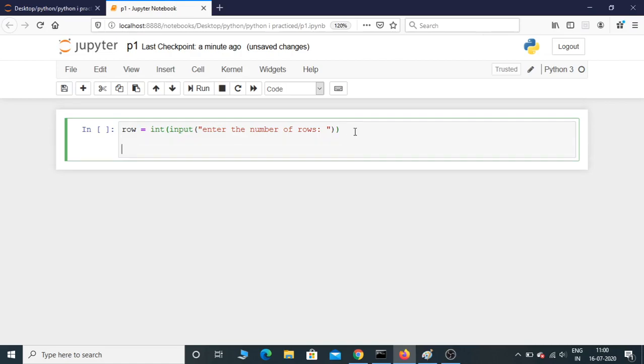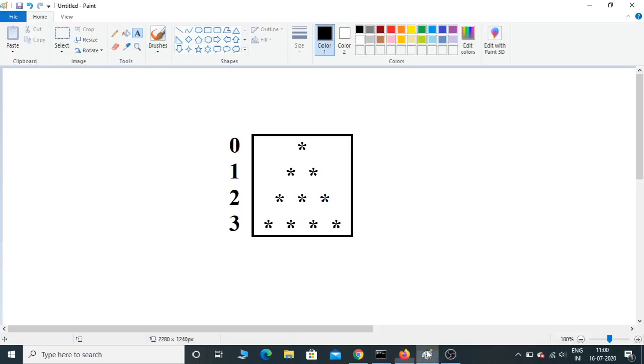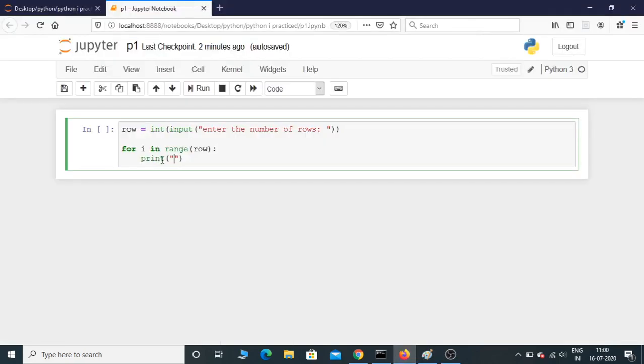Now let's put a for loop, for i in range row. Okay, then print. So before printing star, here you can see there is some amount of white space, so we need to print white space first and then we need to print star. Okay, so I'm gonna print white space here.